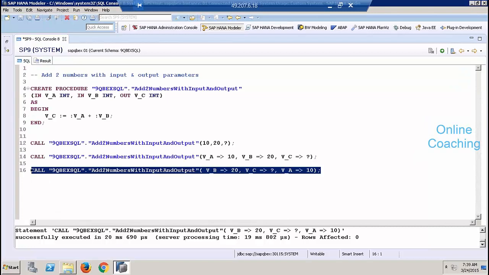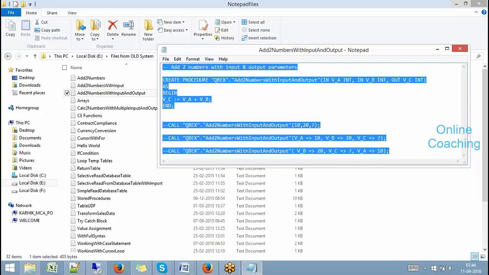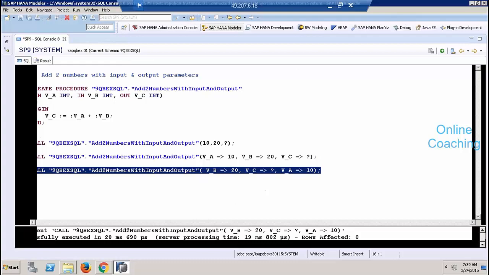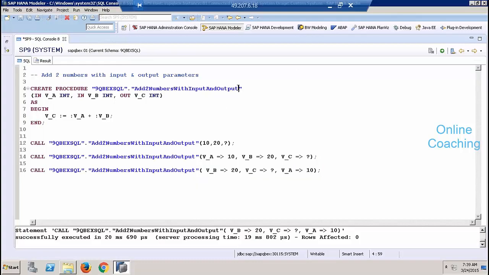Okay. So like this, you can have a procedure with input as well as output parameters, and we can also have multiple output parameters. I'll just change this instead of copying again. I'm just saying 0, 1. So I want one variable which is giving me the result of a sum. I want one more variable which is giving me the result of a subtraction or something. So I'll say